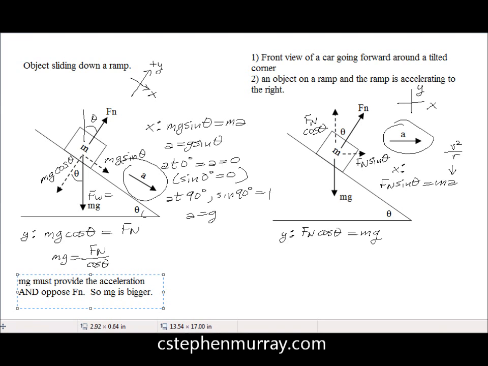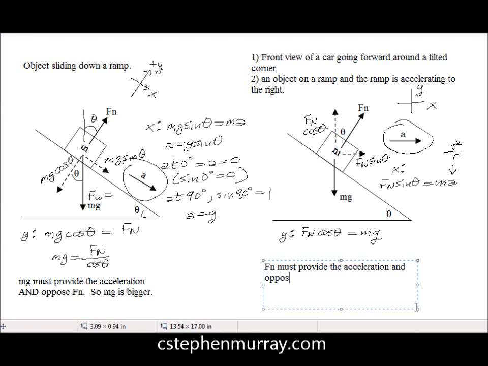And over on this side, in this case, Fn must provide the acceleration and oppose mg, or gravity. So Fn is bigger. Now, even though this conundrum seems like it's a big issue, as long as you were to do these steps, and let's make these very, very clear,